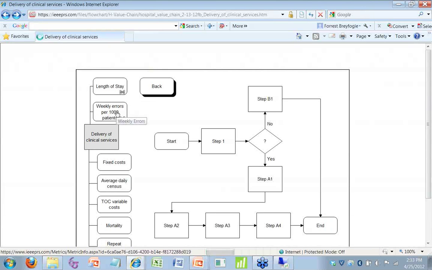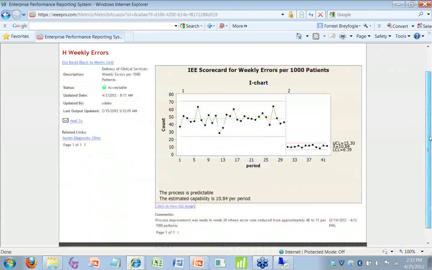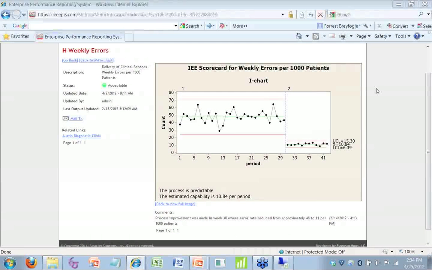So let's look at our error rate and see if that's done any changes. Well, this is good news. You can see how our error rate here reduced down to here, so that's good news. So now we're running at about this amount per period. So that didn't really affect our financials either. Now, maybe we want to drive it further, but for this illustration, we're not going to be addressing that.